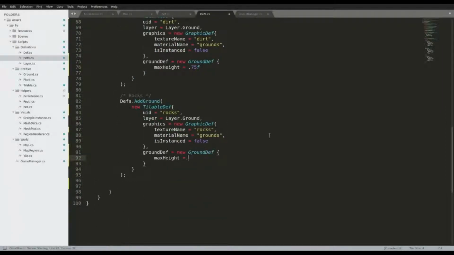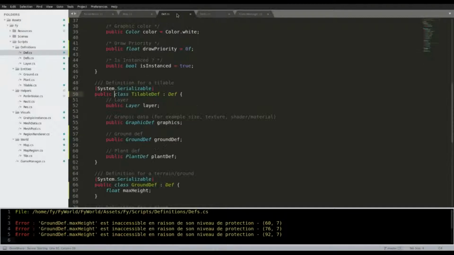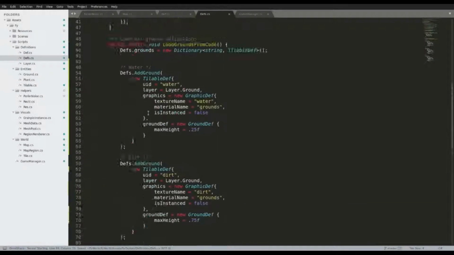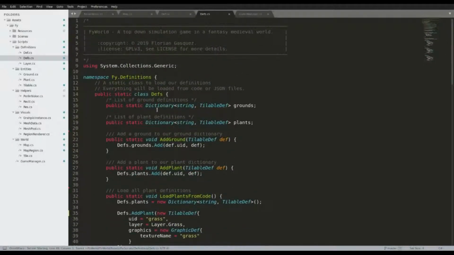Well, this is going to be one, but ground def, yeah. What? Oh. So that should be fine. And